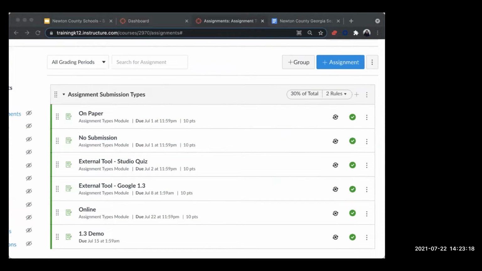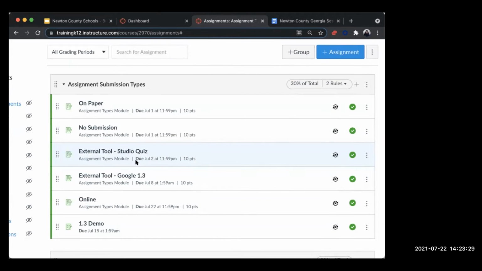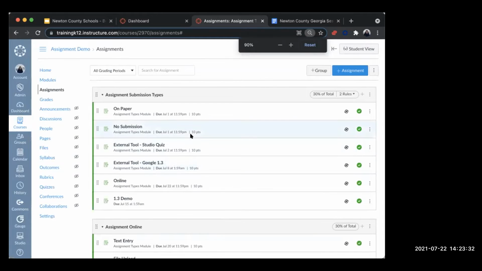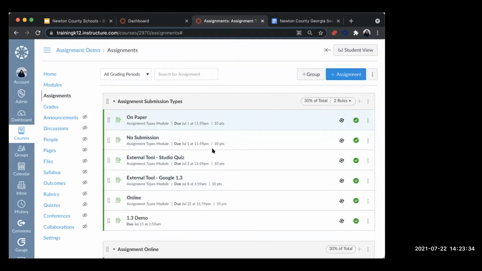Okay, one more thing I want to show you before we do some hands-on time is how to set the rules. So for this very first assignment group, I'm zoomed in. Perfect. For this very first assignment group, I have a couple assignments already. Some of them have due dates. Most of them already have points and are added to modules. So what I want to do is for that assignment group, so this block, I'll go all the way to